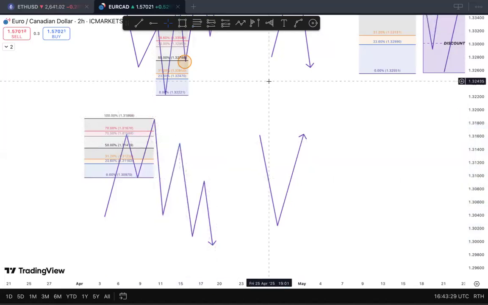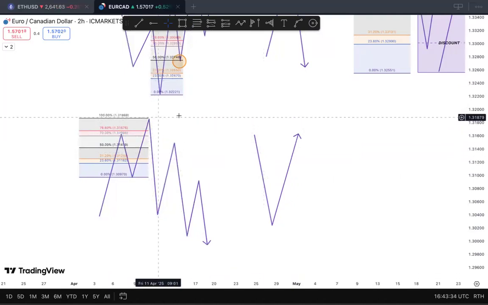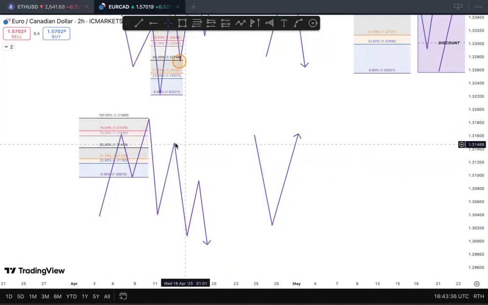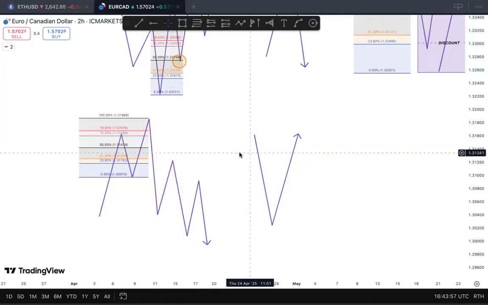at the premium, okay? So once you measure this, then what do you do? You look at your liquidity. Is it at the 50, at least at the 50, or is it at the premium? So either it is at the 50, the least is 50, or it is at the premium. If it is at 50, it is valid. If it is at premium, it's valid. But if this liquidity is far, it's not valid. You don't want to take that trade because it's far.